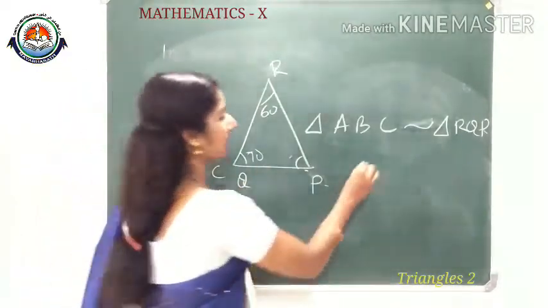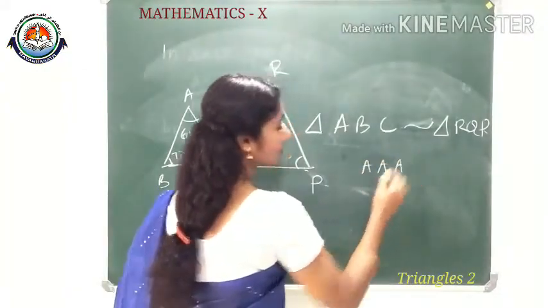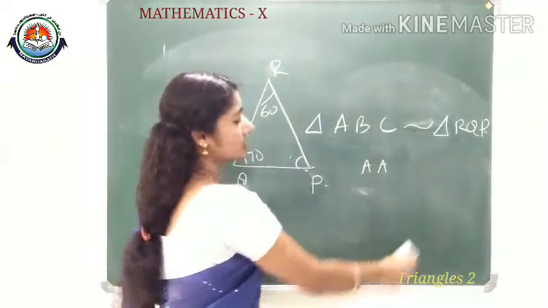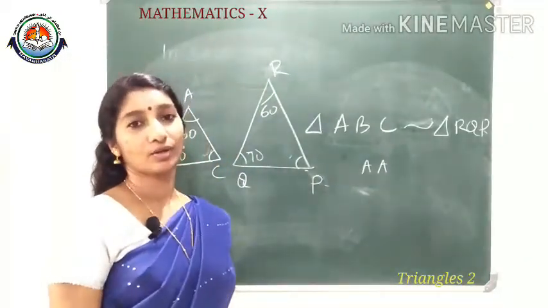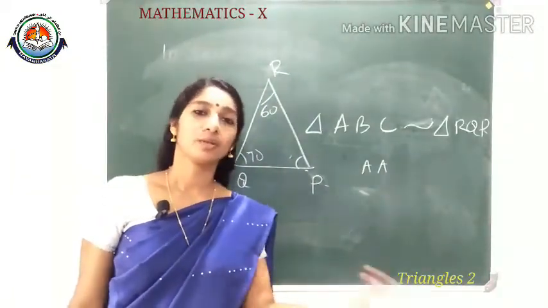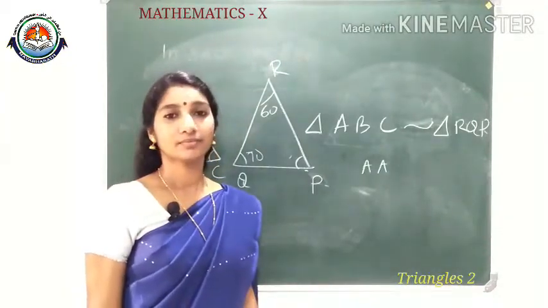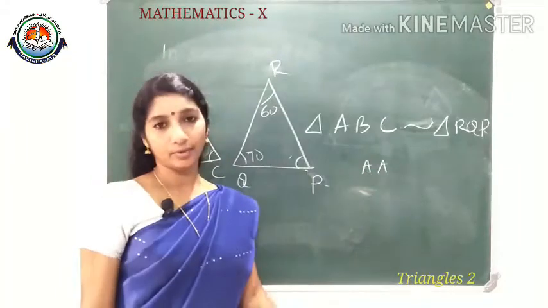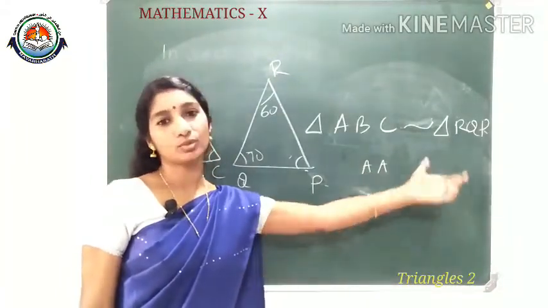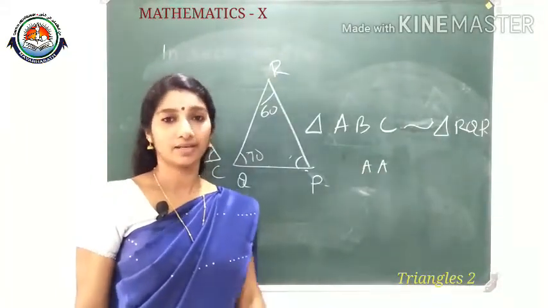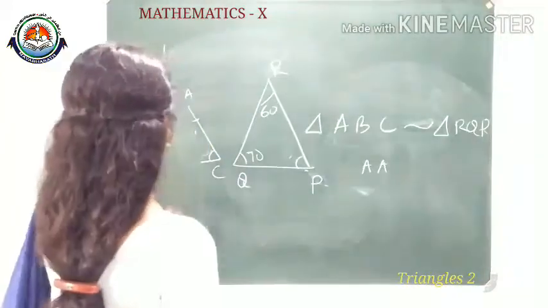Okay, so actually to apply the AAA criteria, you need to check only two angles, whether they are equal or not, because when two angles are equal, automatically by the angle sum property, the three angles are equal. Clear? So by the AA criteria, you can say two triangles are similar. That is one criteria. Another criteria: